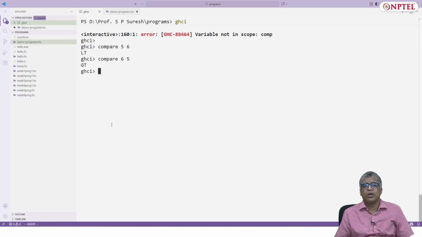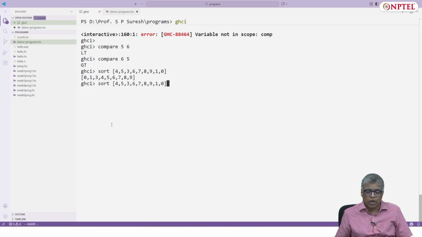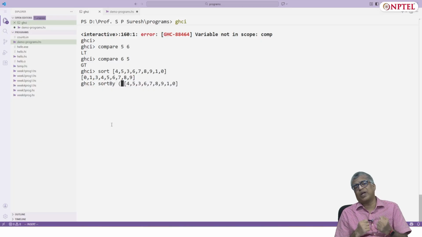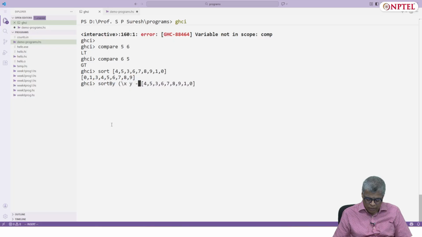is GT. Okay, so now if I want to sort something in ascending order, let's say if I just say sort, let's say 4, 5, 3, 6, 7, 8, 9, 1, 0. Okay, it will sort it in ascending order. If I want to sort it in descending order, or if I say sortBy, I need to give a function which takes two values of type A and produces a value in the type ordering. So x, y, right?